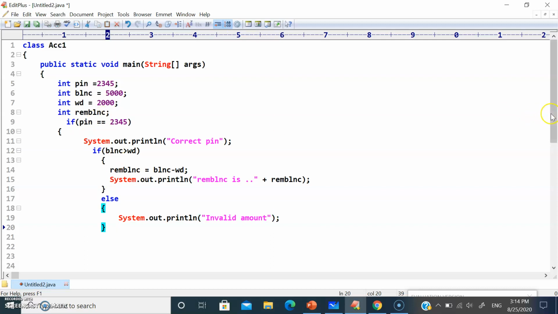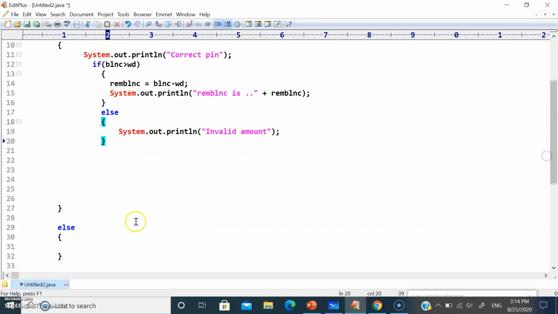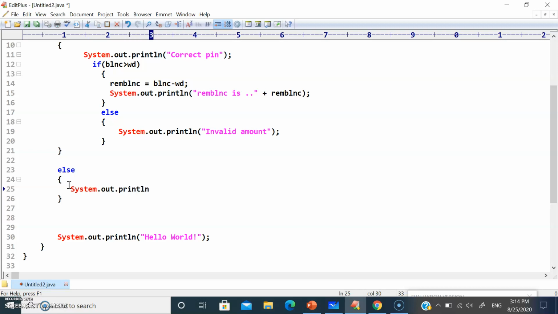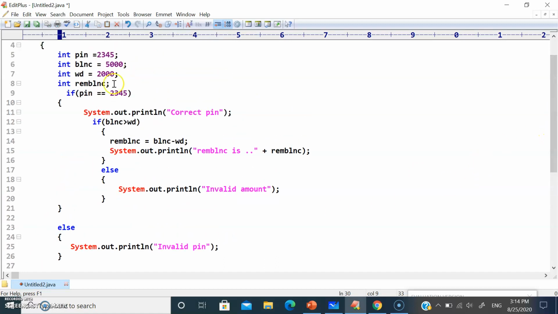If pin is not satisfied, for the outer else statement we have to say it is an invalid pin. So let's write invalid pin.